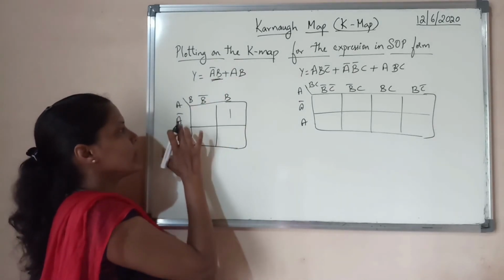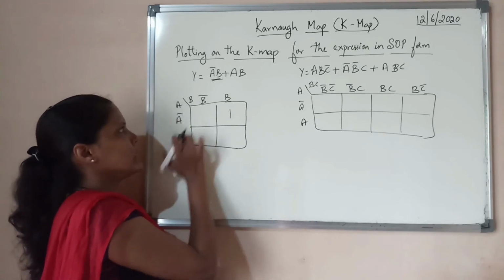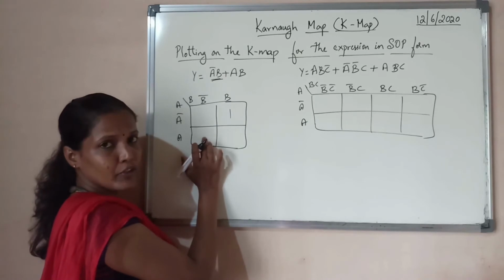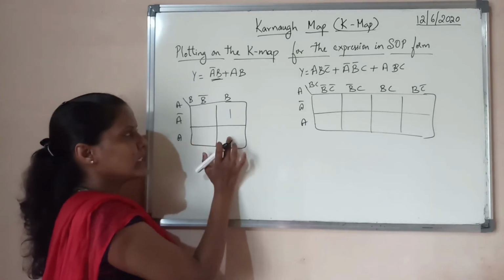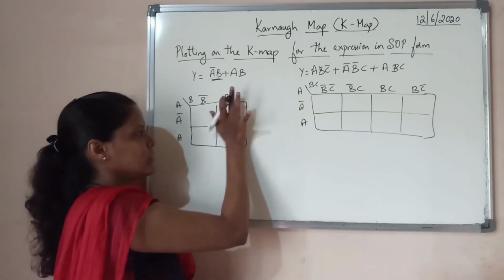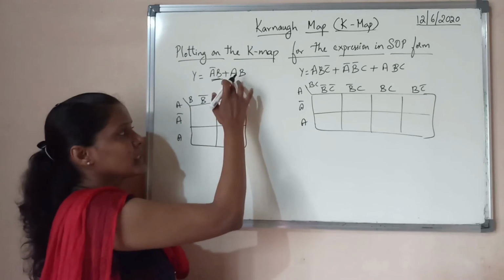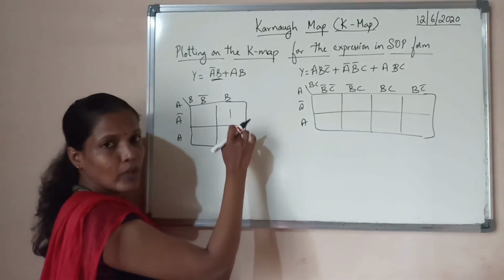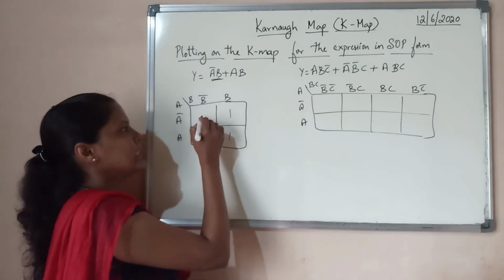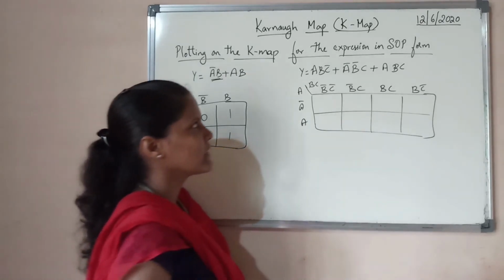And I want AB. Sorry, here it is A. So AB, the minterm of this particular cell is AB bar and the minterm of this is AB. So here I'm going to write 1. Whichever minterms are given, you have to fill 1 in those particular cells and the remaining cells have to be filled with 0. Coming to the 3 variable one,